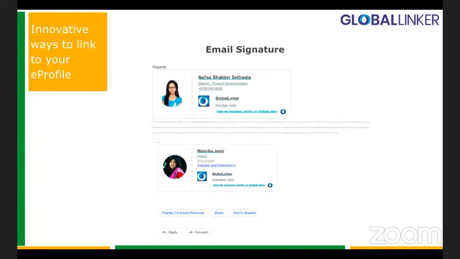This being an eProfile, it has a link which obviously you can share with your existing contacts. You can share it with your new suppliers, and your existing suppliers can just visit your profile, look at your existing catalog, and place a new order with you as well. So the profile you're creating is not only for new buyers, but also to help you get digitized and make life simple for you when you are interacting with your existing suppliers as well.